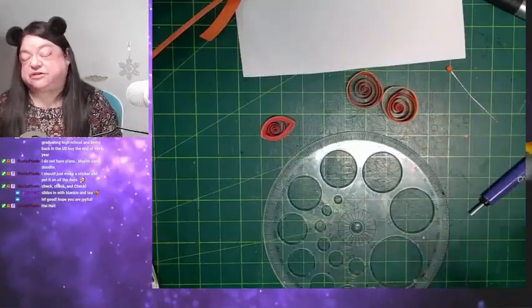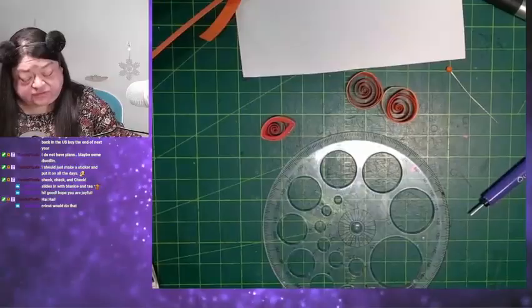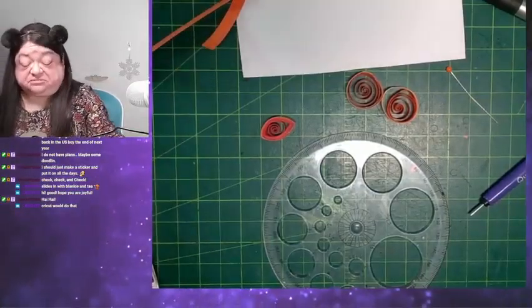I don't usually do layering with paper quilling. I'm more likely to do layering with paper husking for like flower parts. But